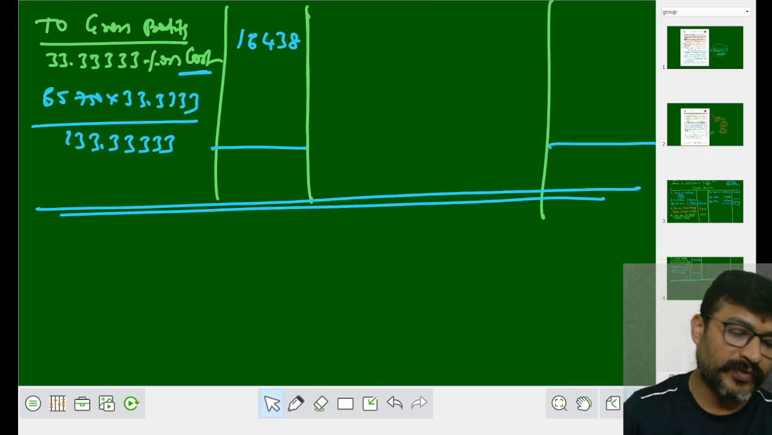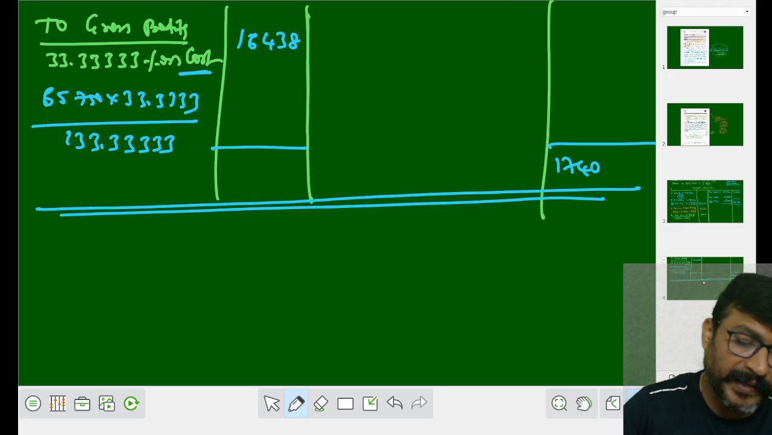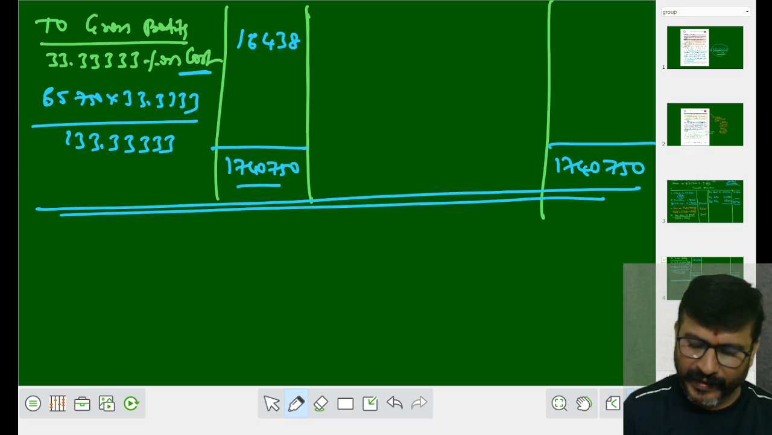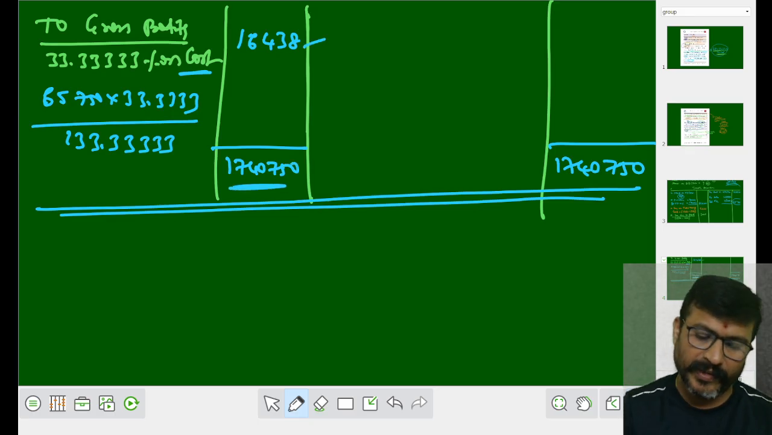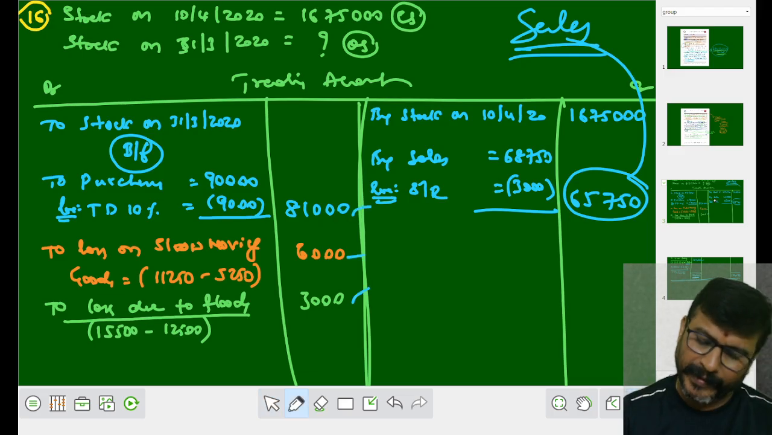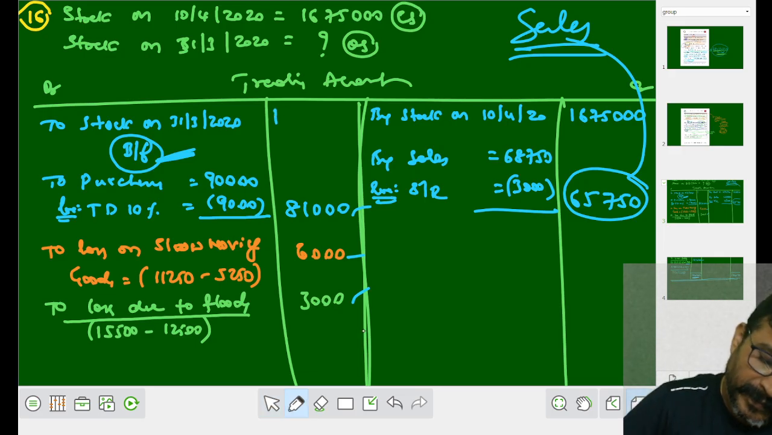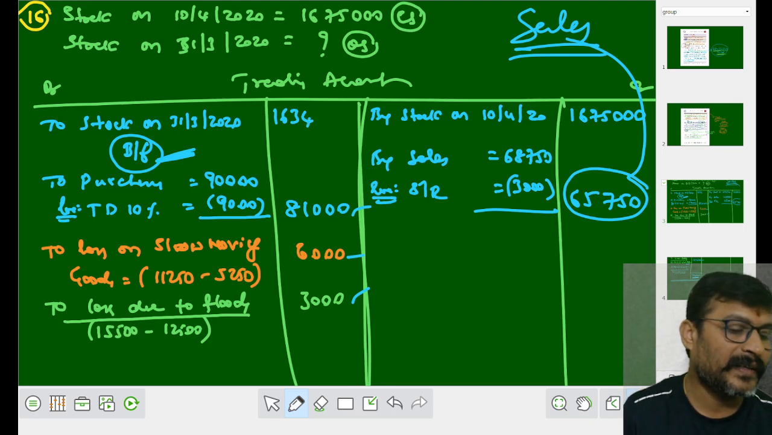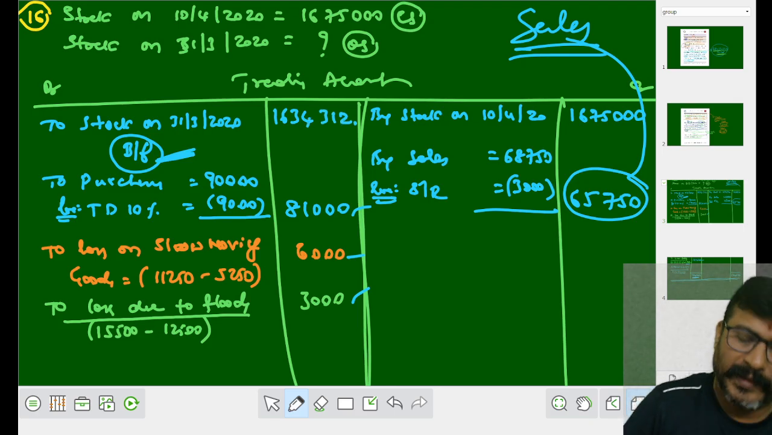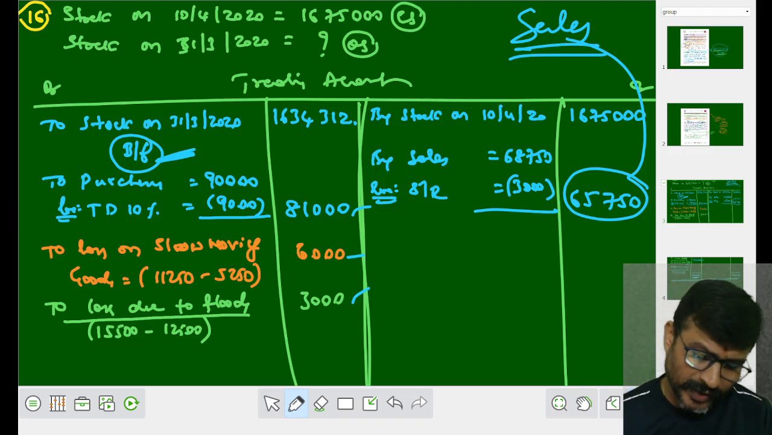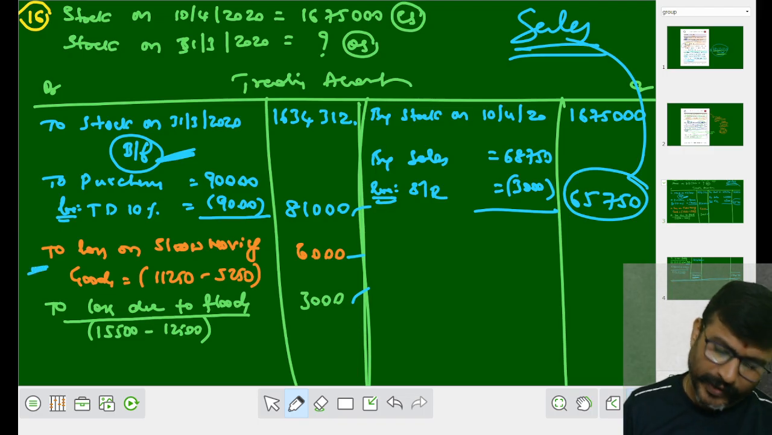Now you close, you find out the total of credit. The total of credit comes to 17,40,750. Out of this 17,40,750, you subtract all the debit items. Your opening stock as a balancing figure will be 16,34,312. My dear students, this is one of the very important problems because of loss of slow moving goods and